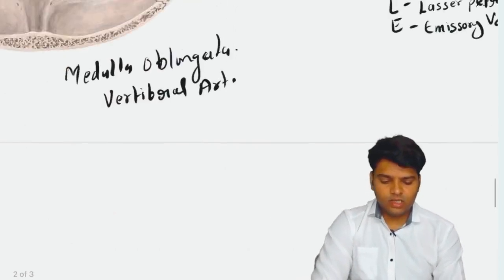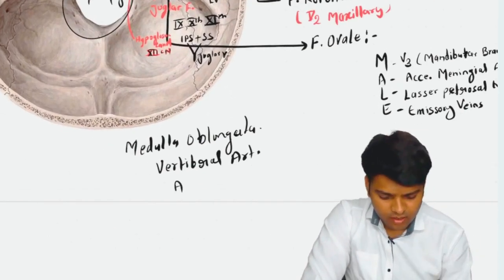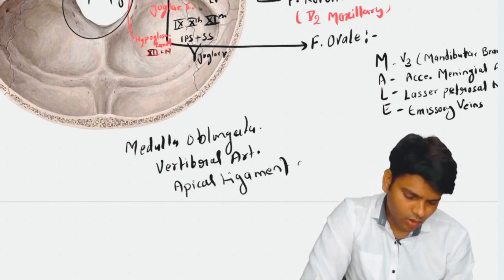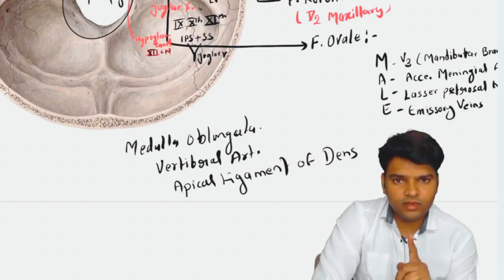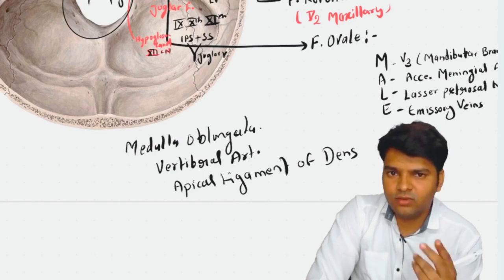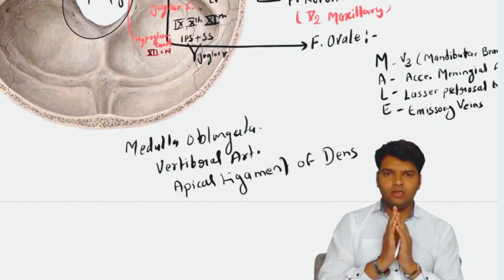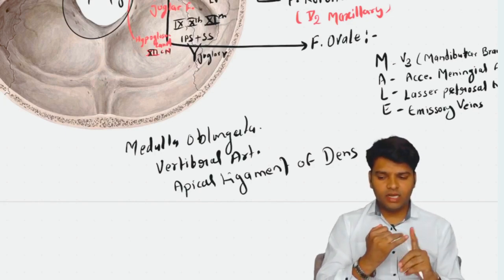And what is this structure? This is called the apical ligament of dens. The apical ligament of dens, with one more structure, also passes through the foramen magnum, which is called the tectorial membrane. Just try to understand, everything is going through the foramen magnum, like the medulla oblongata, like the vertebral